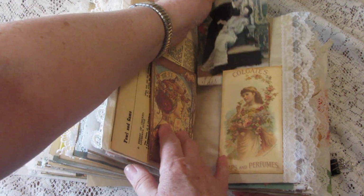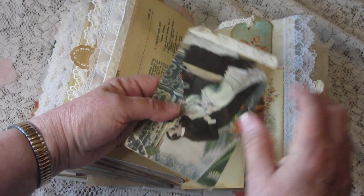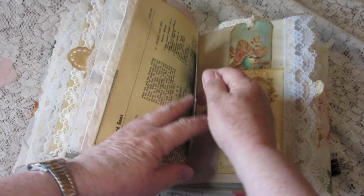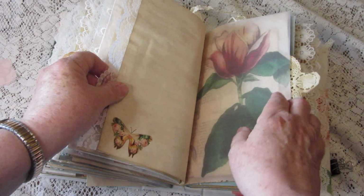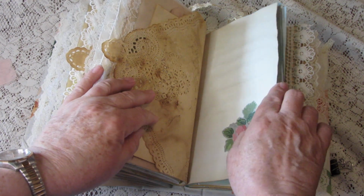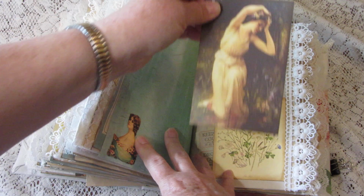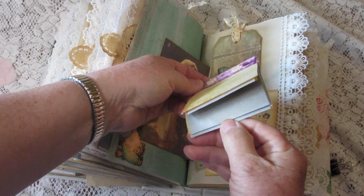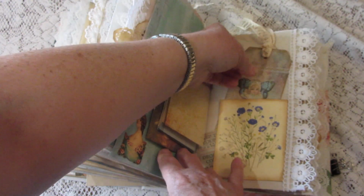And this is a vintage postcard. Let's see. The postmark is 1907. This is genuine and very romantic. And a tag. More vellum. A lot of stuff in this journal. Here is another journaling card and a little bunch of papers, a little flip through papers, and a tag